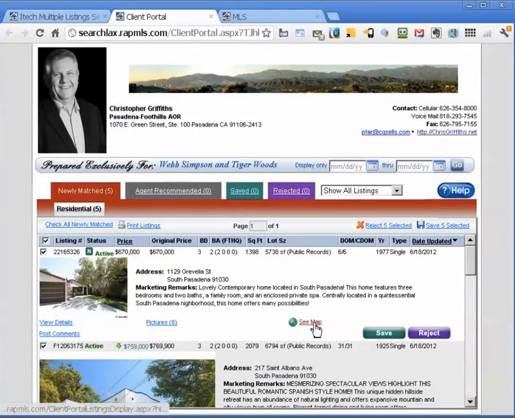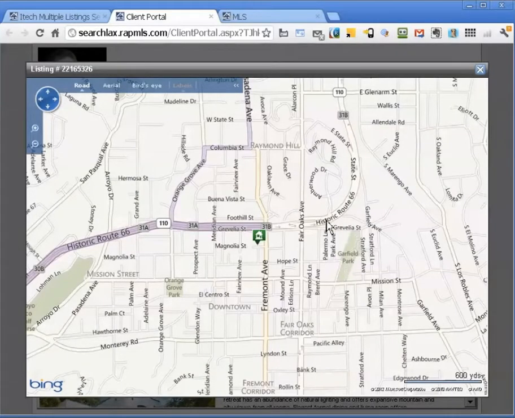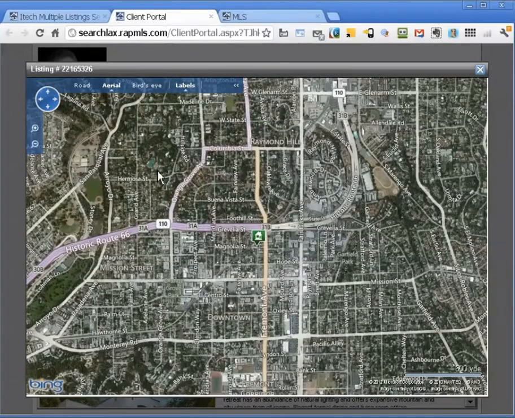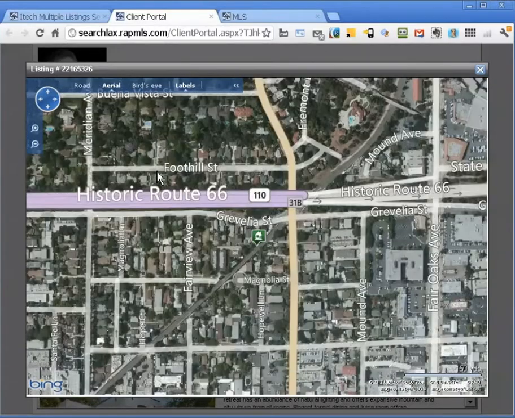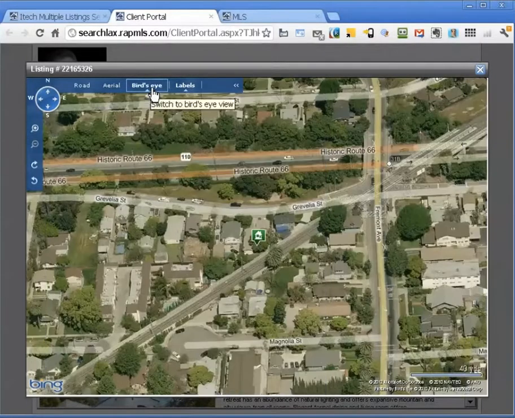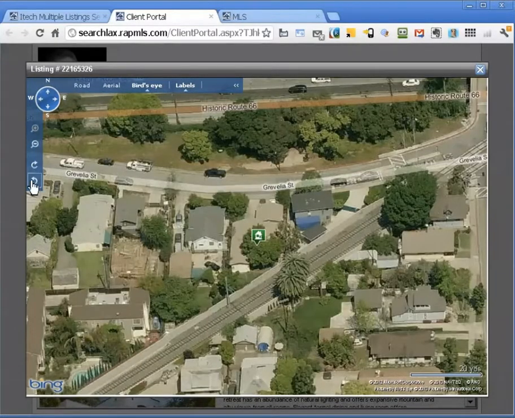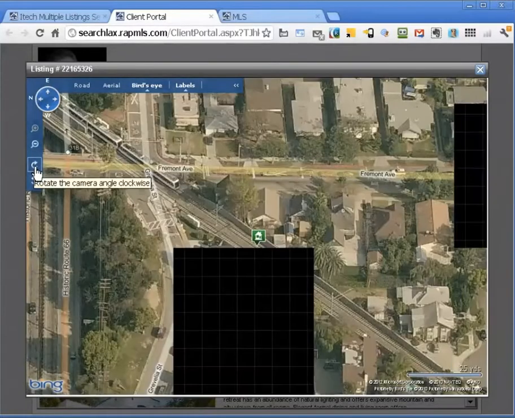They also have the ability to map the property, and when they go to see map, you'll see that it shows them where the property is. They can go to an aerial view and they can zoom in and they can get a pretty good idea of where the property is located, and then they can even go to a bird's eye view, which is going to give them 4 oblique views of the property, and they can zoom in and use these little circles here to change the views,